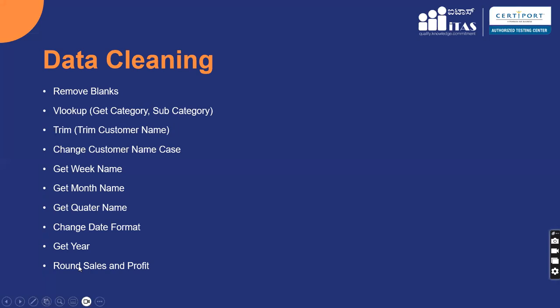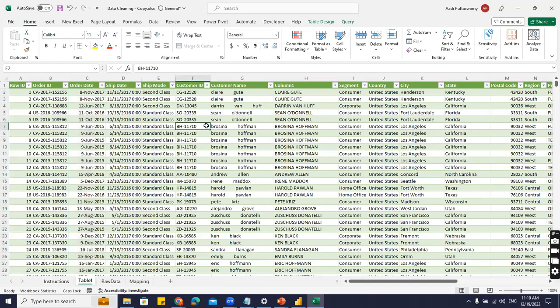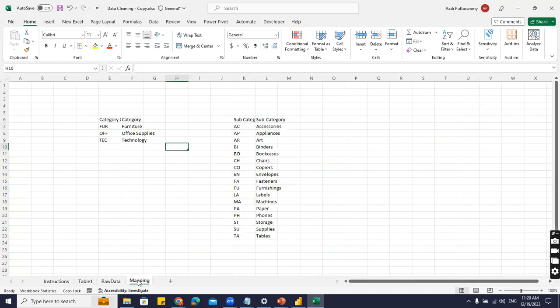Okay, we have done all the changes. See how many tasks we did within few seconds or say minutes. Now let me go here. This is what it was pending. VLOOKUP. I want to get category and subcategory. Now you just see, people say, sir, it is very easy. We can do it in VLOOKUP. We can do in VLOOKUP when we have that IDs, proper IDs if you have. If you go and check this mapping, I have this category, I have this subcategory, I have the IDs here, right? If you go and check in this table,